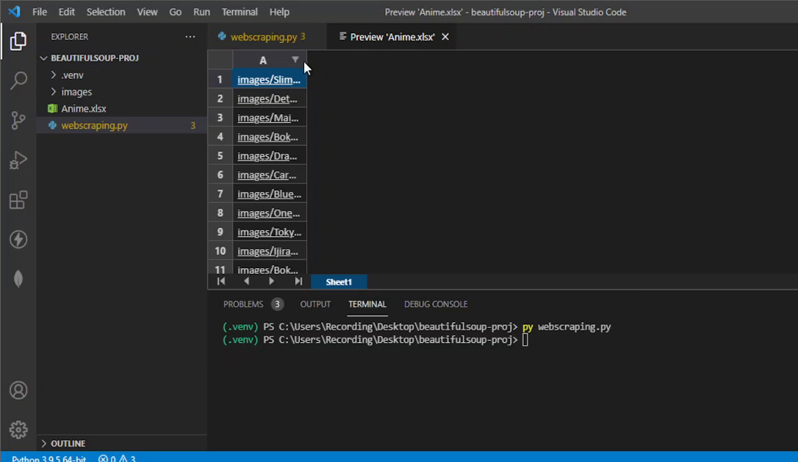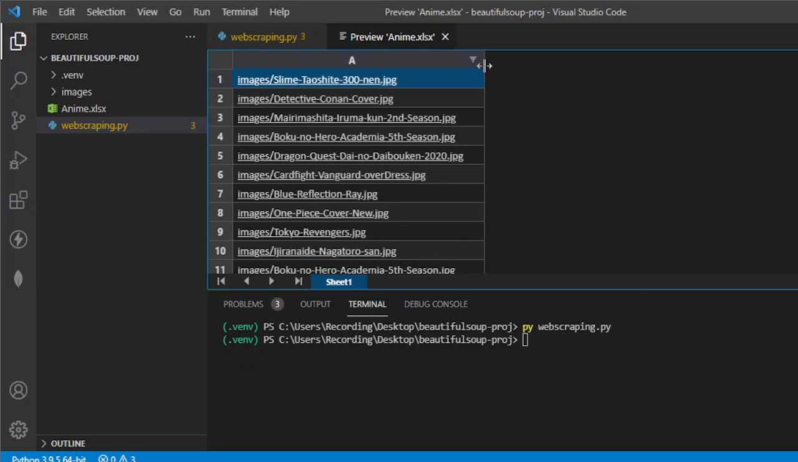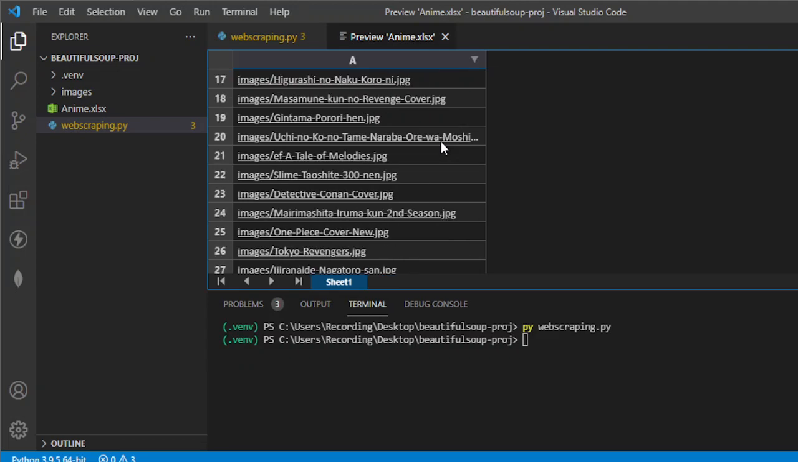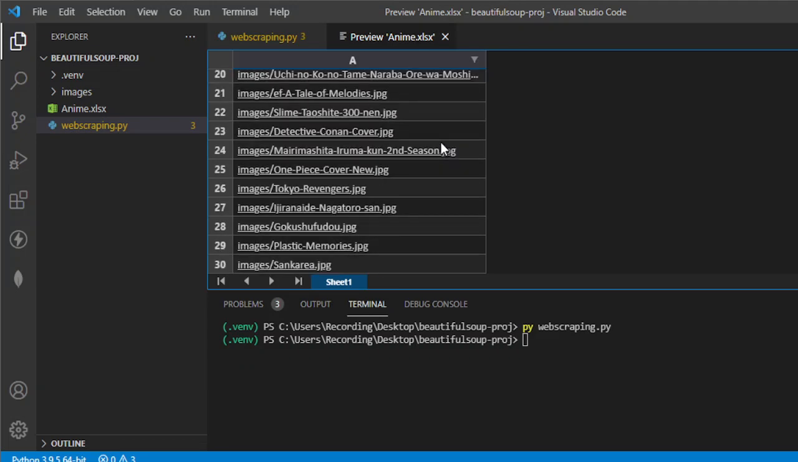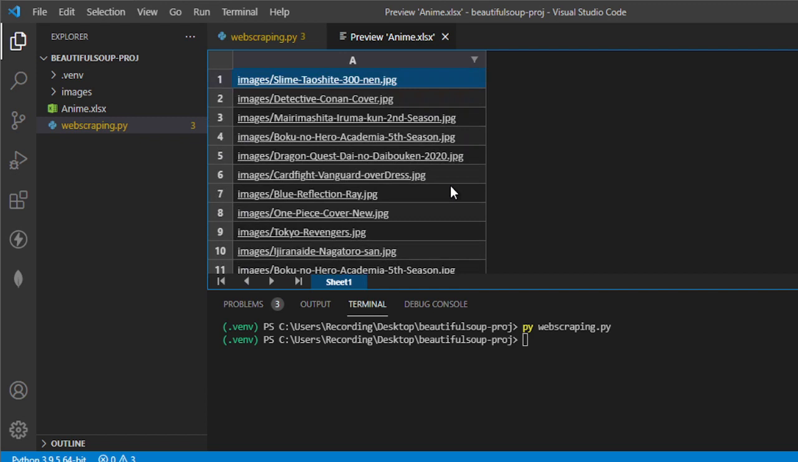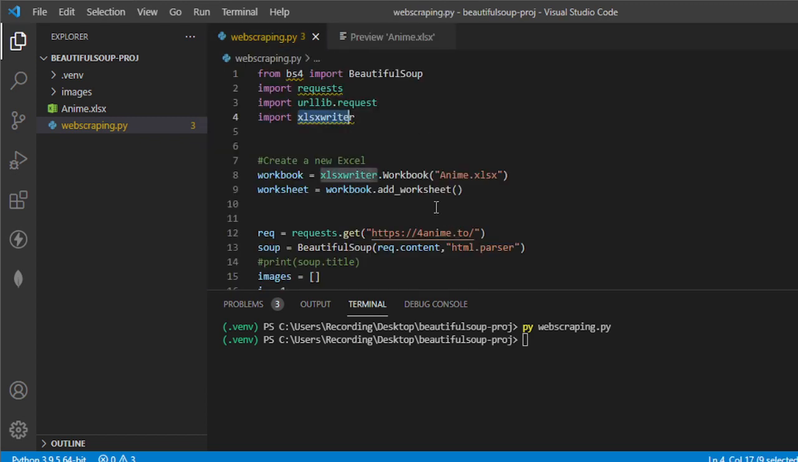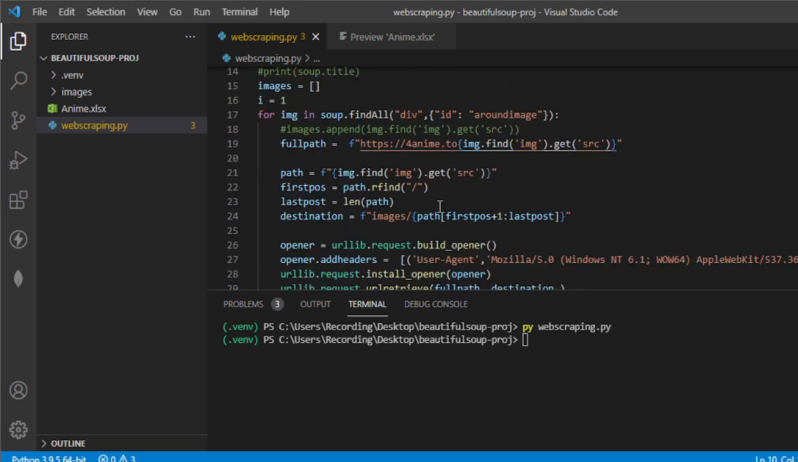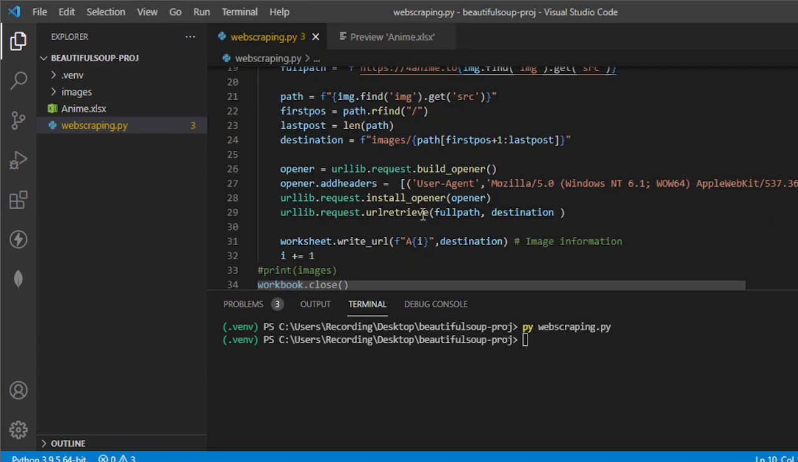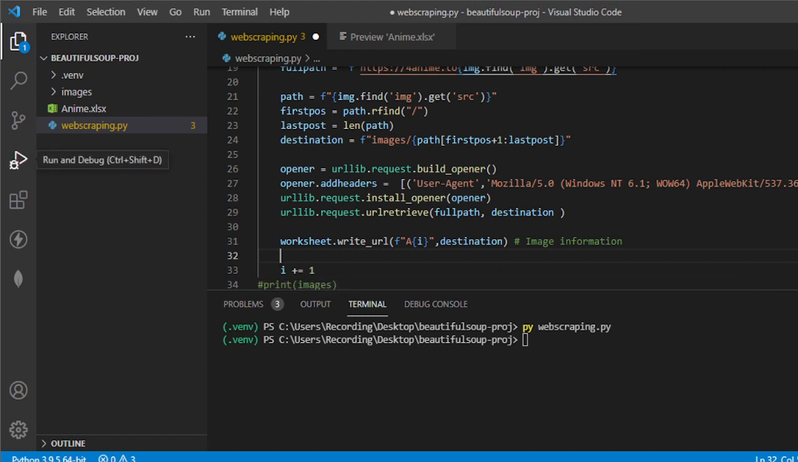And there you go. Let's check. Okay, good. As you can see, we managed now to save our information in our Excel. So that's the first part. Cool. Okay. Now that we have managed to save the information from our Excel, the next thing we need to do